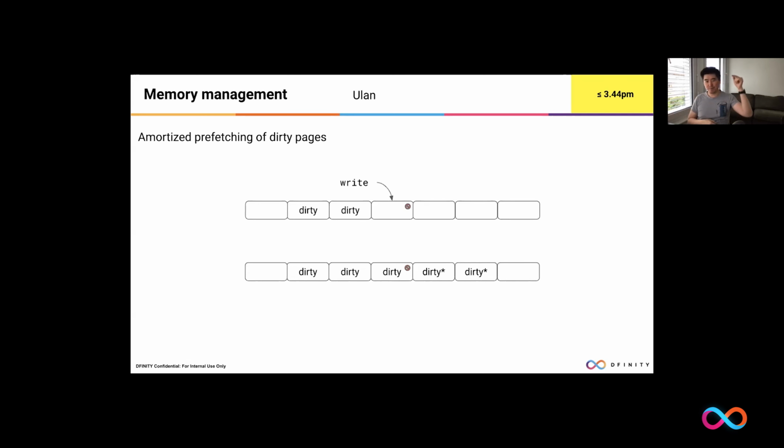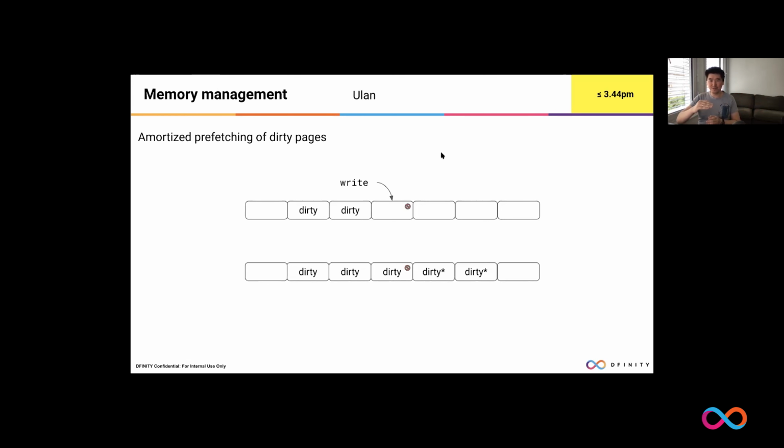Imagine if a message only writes to a single page, and we prefetch multiple pages and mark them dirty. We would do a lot of redundant work. Another idea here is to amortize the dirty pages, meaning that when we look at a page, we will also check how many pages were dirtied before it. That would be our upper bound on how many we can prefetch. I also added a separate upper bound, a constant 32, chosen conservatively so that we don't prefetch a lot. And when I say prefetching dirty pages,